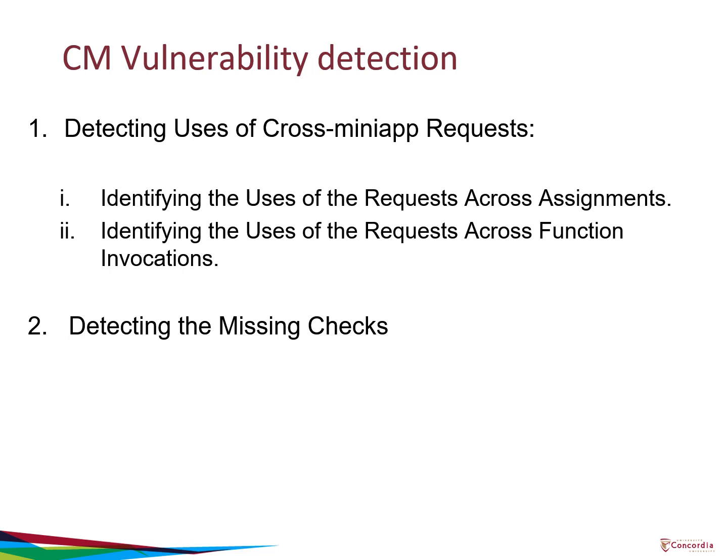Now we talk about the cross Miniapp vulnerability detection. Since the lack of application ID checks is the root cause of the cross Miniapp request forgery vulnerability, the authors had to identify the missing checks in the Miniapp code in order to identify the vulnerability. So they presented the CMRF scanner, which is a JavaScript static analysis tool that uses the abstract syntax tree reconstructed from Miniapp code to